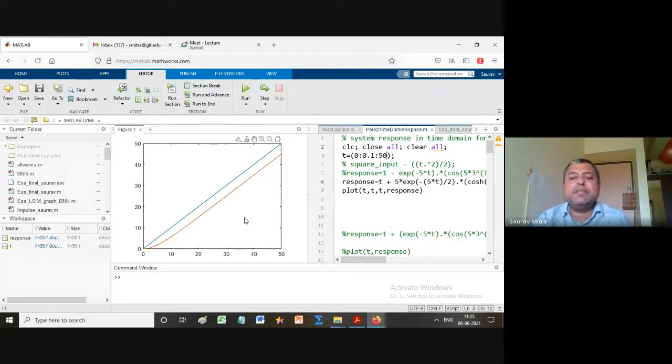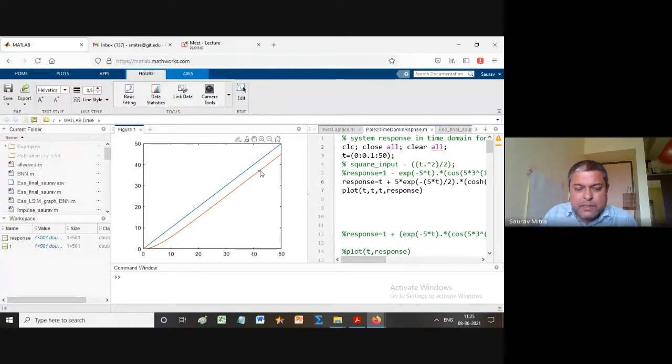So the steady state error, or difference between input and output at any time, for a type 0 system was increasing. But in this case, you are finding that this distance is constant. Take any point. So this is the type 1 ramp response. At 42.2, how much is the ramp input? The ramp input will be 42.2 only. And how much is the ramp response of the type 1 system? This is 37.2. So how much is the distance? The distance is 5. Is it understandable?